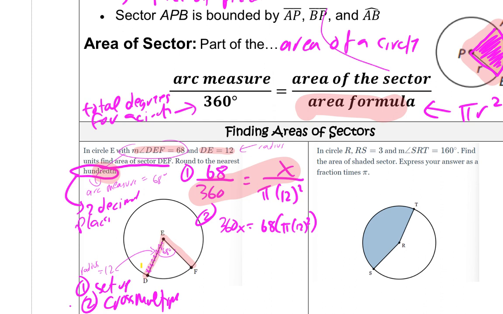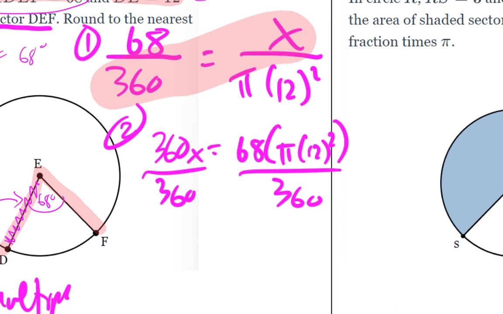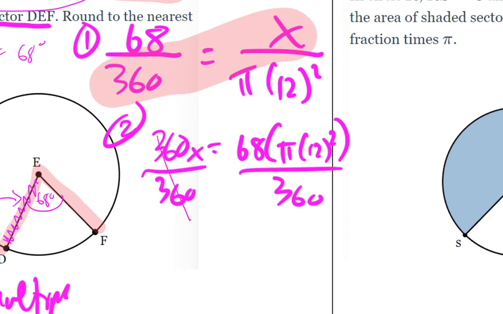Now, since we know that we're going to get to a decimal, we know that we're going to keep pi, because that's just another number, right? That's 3.14 rounded. So we're just going to divide that by 360. Okay, so if we do that, we cancel that out, and the whole thing goes into the calculator, right? So if we put that whole thing into the calculator, that means x is approximately